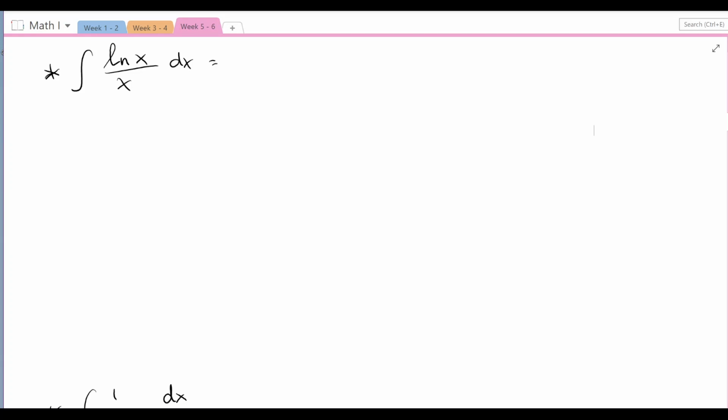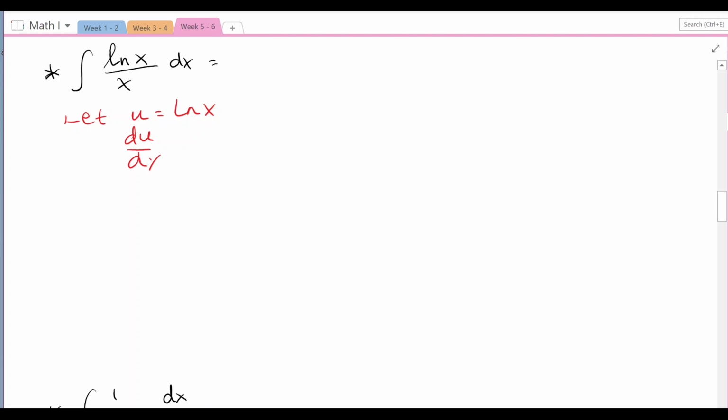Okay, let's try another one. The integral of ln x over x with respect to x, dx. So again, we just have to choose which one is best represented by our u. In this case, I think u is best represented with ln x, because the derivative of u with